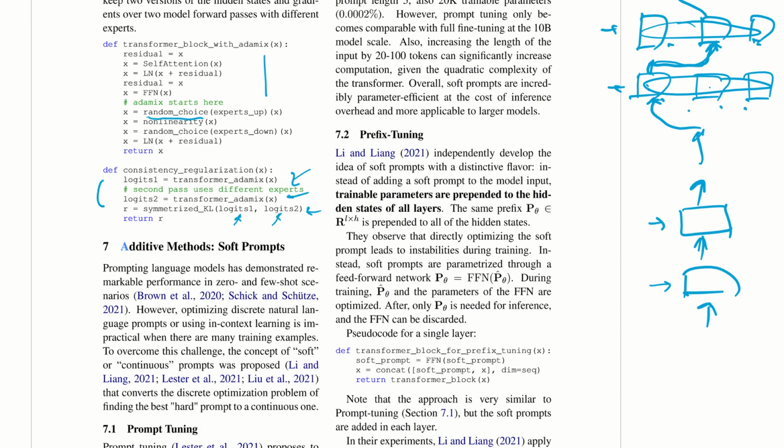I said a minute ago that at inference time, you don't have a choice. You're basically using an aggregate expert, so it's not really an expert. Anyway,